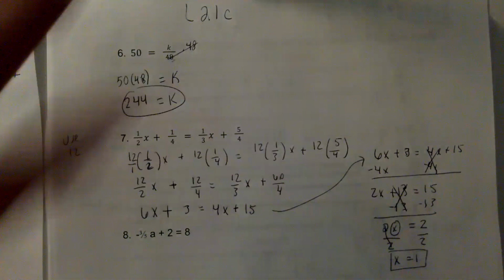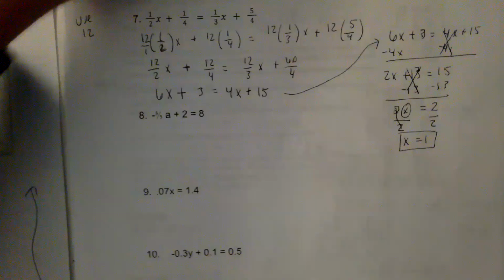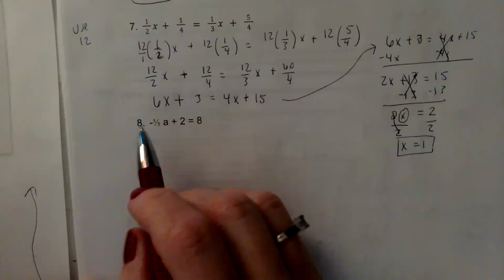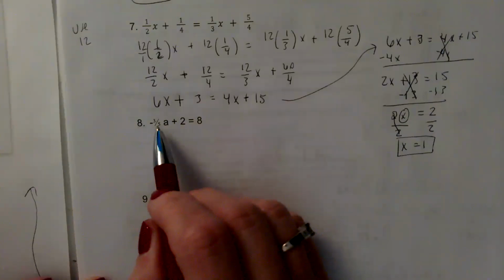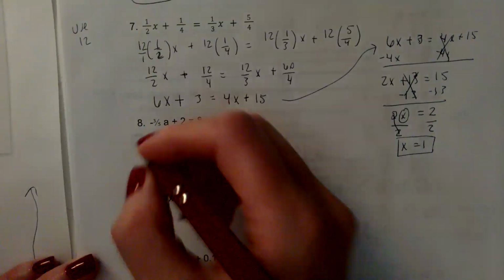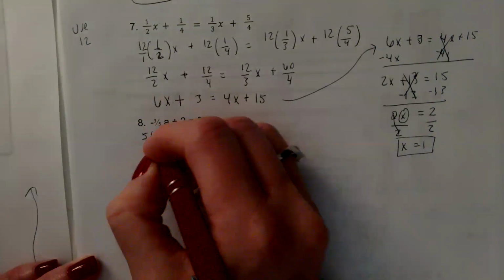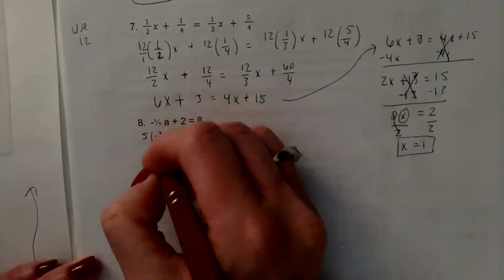One more fraction. So I only have one fraction and its denominator is 5. So that means I can multiply through by 5 and eliminate my fraction. So if I multiply this by 5,